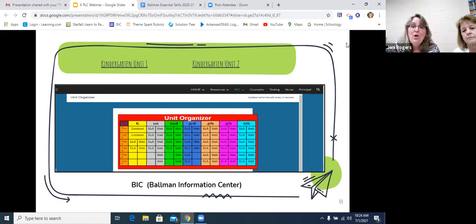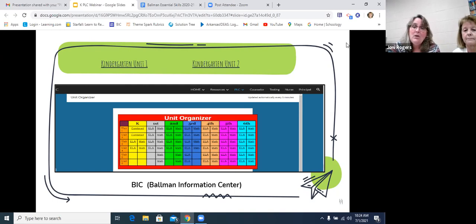You know your kiddos. And even though you have that curriculum map, you have to do what's best for your kids. The curriculum map sometimes tells you you need to leave a standard and move on to another one. Well, if those kiddos still are not mastering it, then we're not going to leave it. We are going to put it in intervention. We're going to put it in our swarm time. We're going to rally around it.